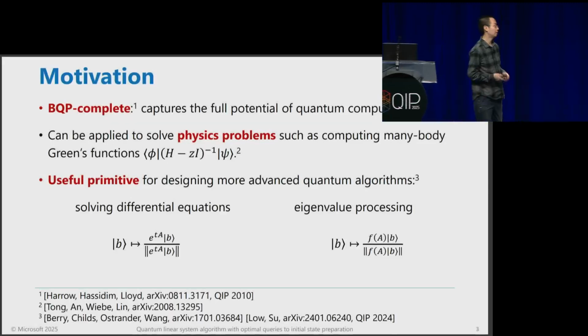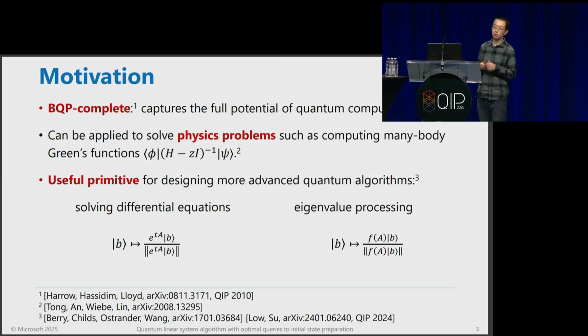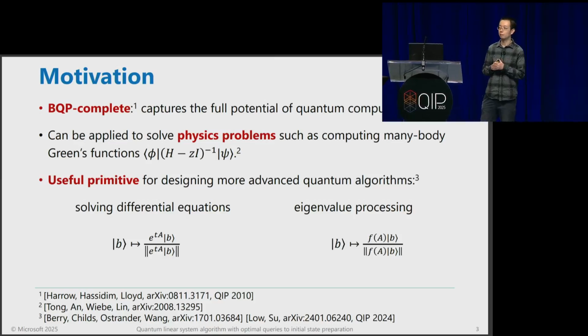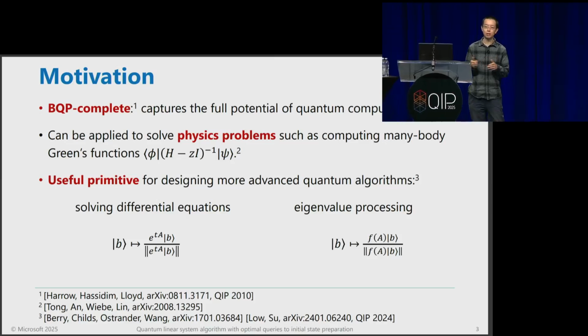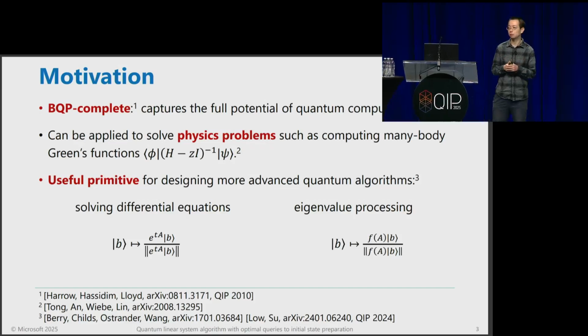You might want to ask, why do people care about this problem? There are several reasons. Theoretically speaking, it could be an interesting problem in its own right. It gives you a different perspective of describing quantum computation. On the more practical side, people encounter different kinds of linear systems in different areas of science. For example, in physics, maybe you want to compute many-body Green's functions, and it is also related to the quantum linear